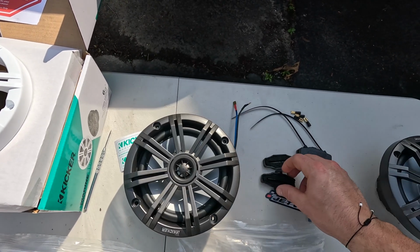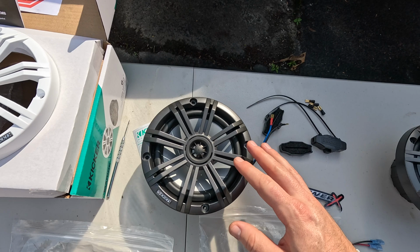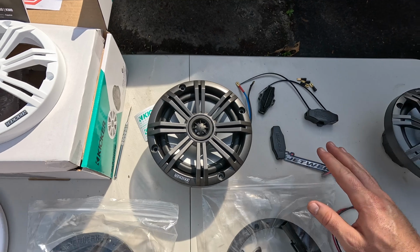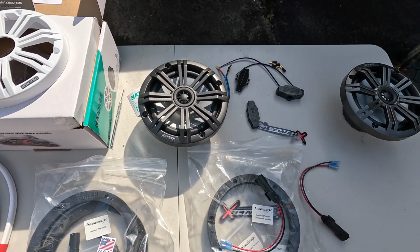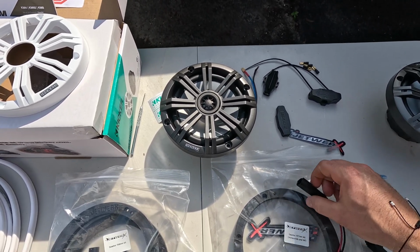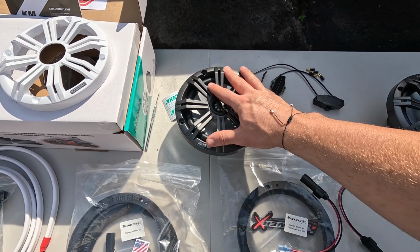And then Kicker also gives you these little pucks so that, even if you're using marine rated crimps, you can also put your cables in here and then seal this on with a zip tie. Everything is nice and watertight. So it sounds a little bit more confusing than it is, but I promise this is a very, very simple install. So again, I'm going to be using the 157mm kit with the 65s